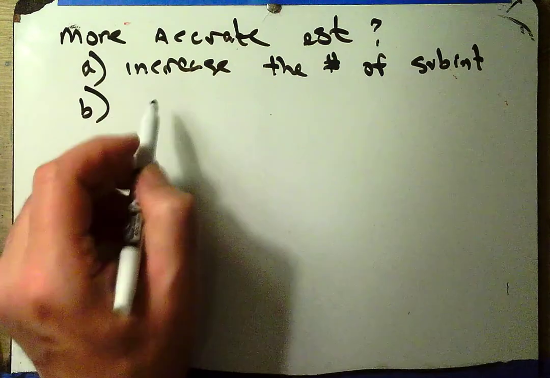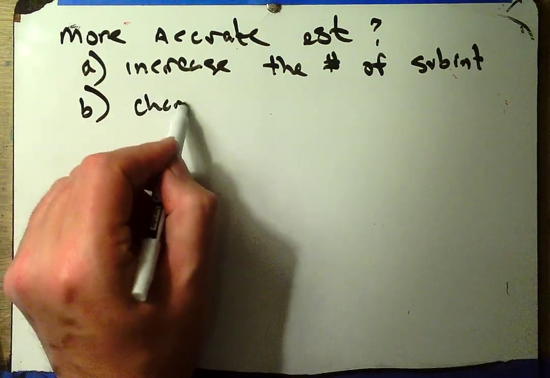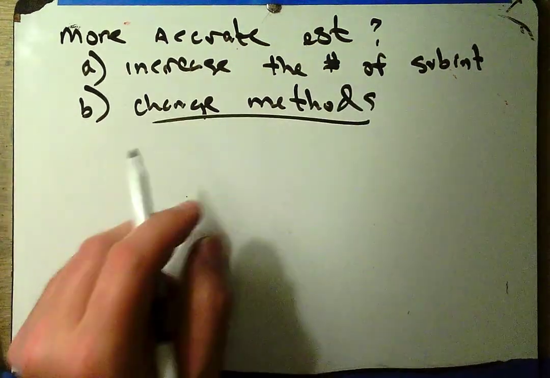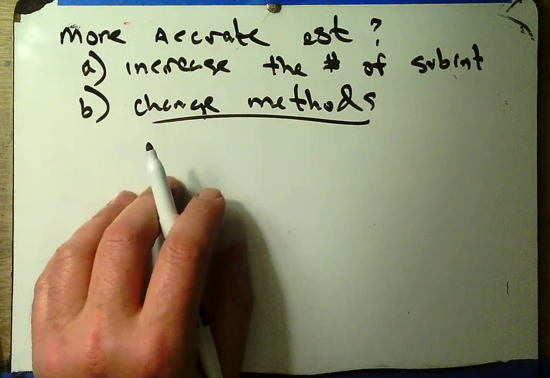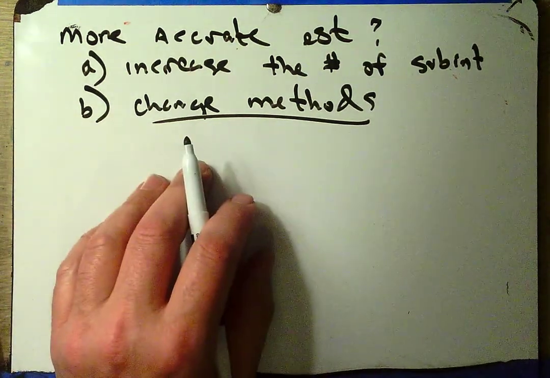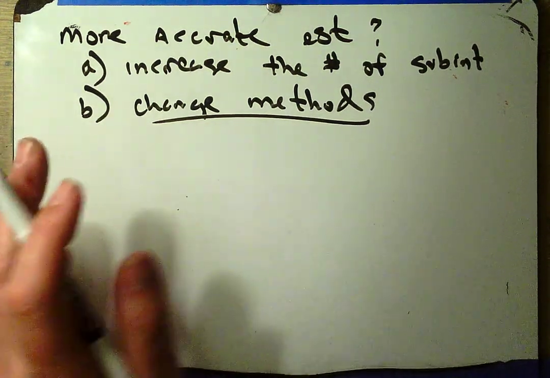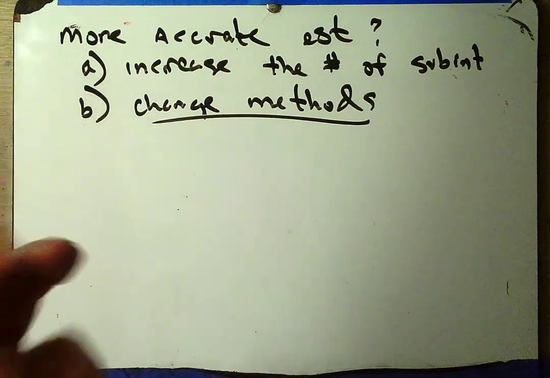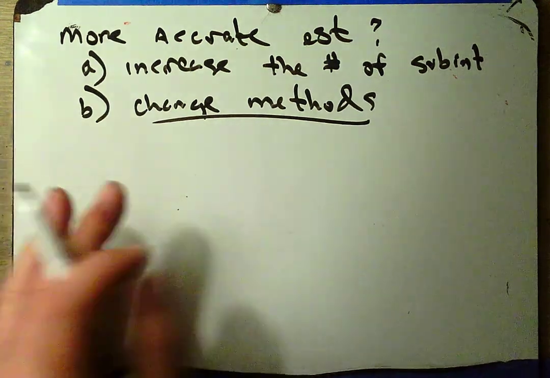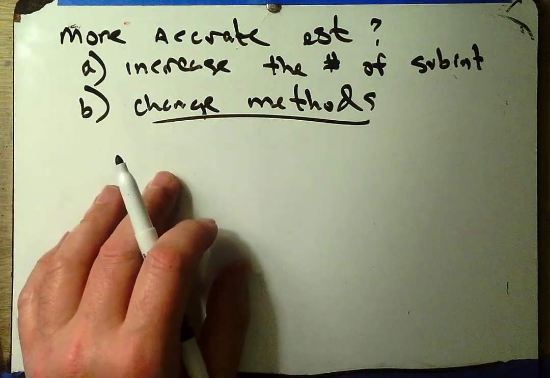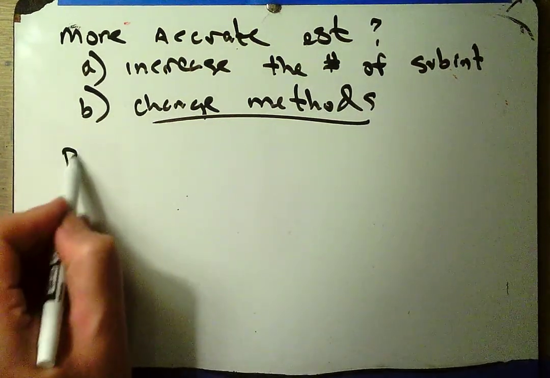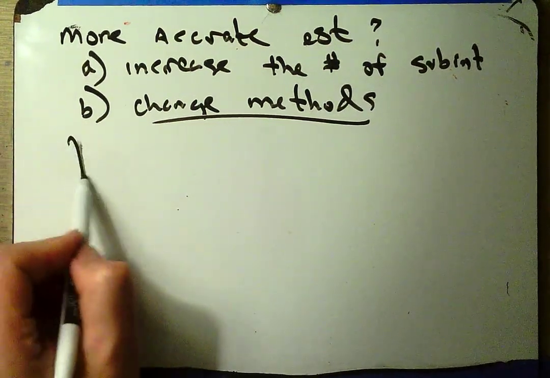Or I can change methods. Now, about changing methods, here's the thing. I don't change methods, because on the AP exam they always tell me what I should use. Sometimes it's LRAM, sometimes it's RRAM, sometimes it's MRAM, and sometimes it's this other one that we're going to talk about, trapezoid sum. And they don't say find LRAM, they say find a left